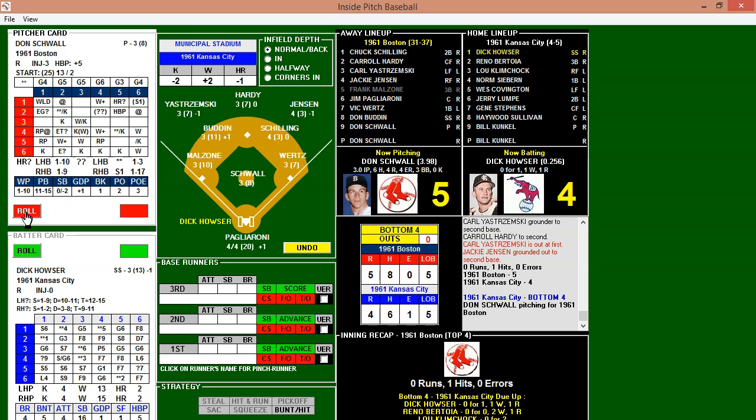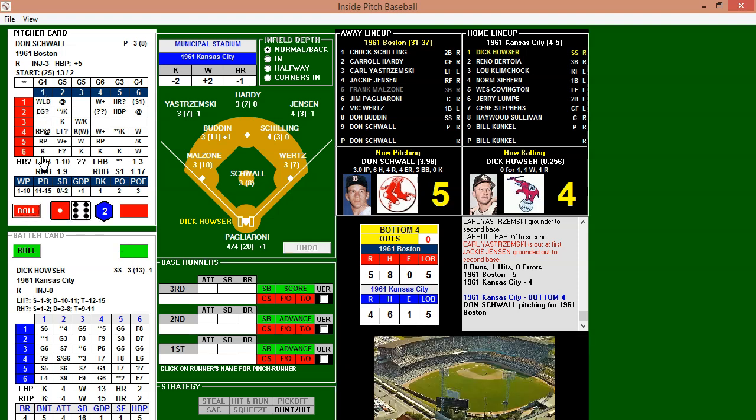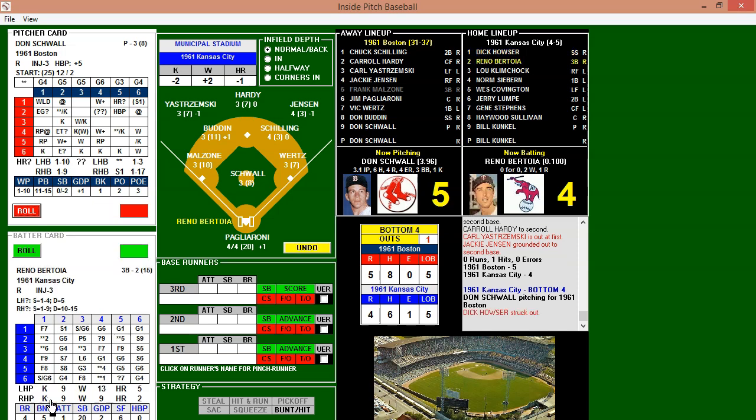So to bring up Dick Hauser. It'll be the top of the order, Hauser, Bertoya, and Klimchak. Hauser 0 for 1 with a walk and a run scored. Schwallock, plenty of gas still in the tank. Hopefully he can have a nice clean inning here. Starts it off well as he takes a called third strike. Hauser did not like that one. Hauser normally has a very good eye, but the umpire said no, that got in the zone, so out number 1.